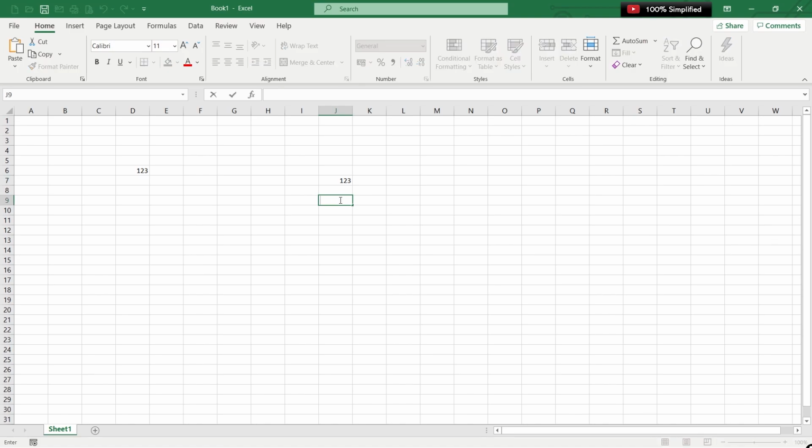If I double click this, it will show me a status of enter. Let me enter 1, 2, 3 again. I do an enter and I move to the next cell. Now this blank cell is giving an option of ready. In the already filled in cell, if I double click it, it will give me an option of edit. So when you double click a blank cell, it will ask you to enter. When you double click an already filled in cell, it will ask you to edit. So that is the purpose of the status bar.